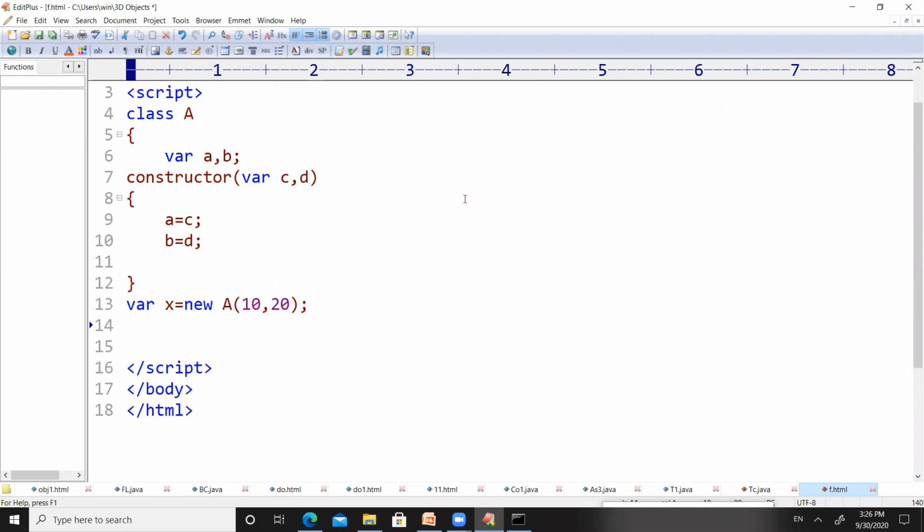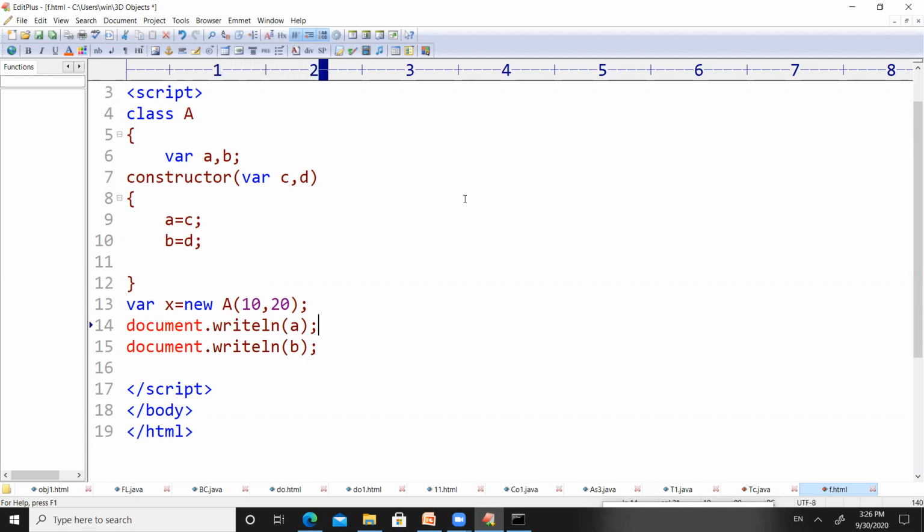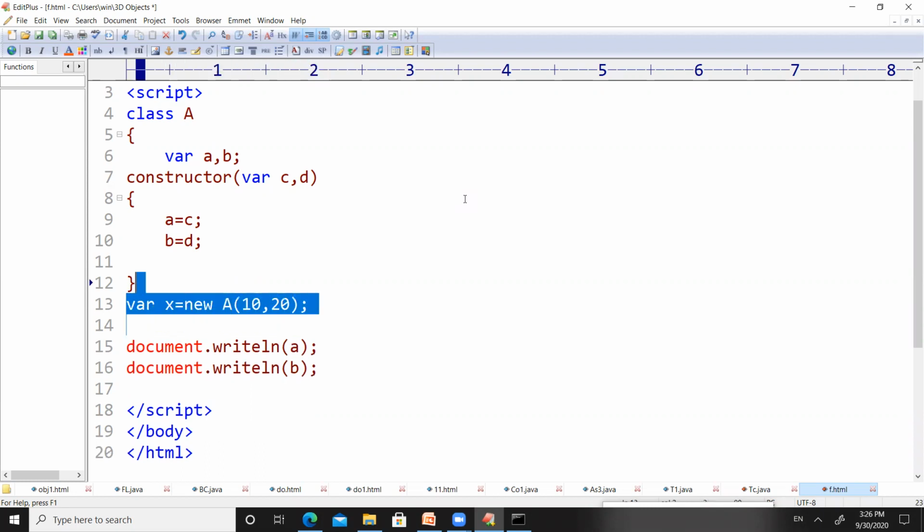After this, if you want to print the values of a and b, we can use document.writeln of a and then document.writeln of b. So this is generally how we execute the constructor, right? We can have a variable keyword followed by the name of the variable, and on the RHS we should have a new keyword followed by the class name in which our constructor consists. So this is how we can have constructors inside JavaScript.